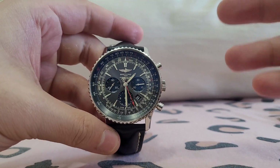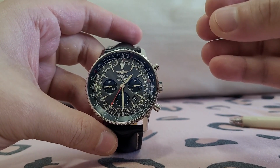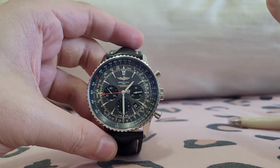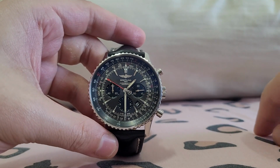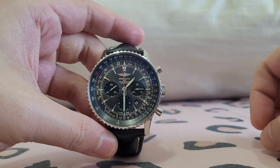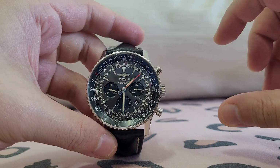So this is why I really like Navitimer with a bigger size, like 46 millimeter, because it allows the watch to actually capture all of that information. I've seen the newer generation of Navitimer, right? Breitling released a 41 millimeter Navitimer, and the 41 millimeter Navitimer sucks. I've seen it. I went to the store. I don't like it. It feels, how should I say it, so congested. So much information is put on a small dial,